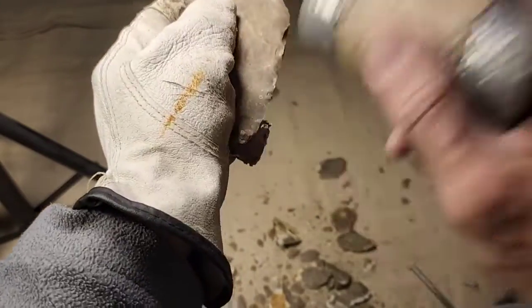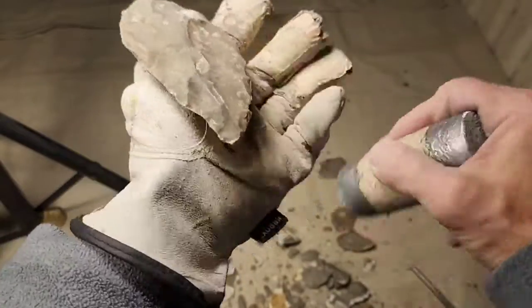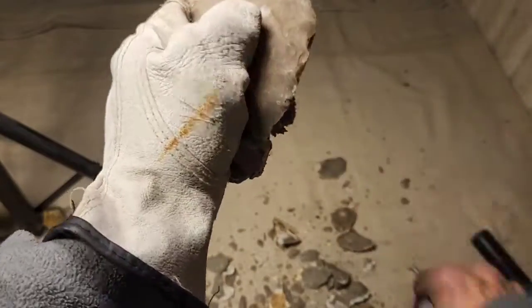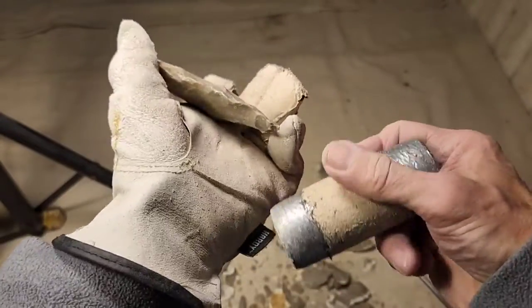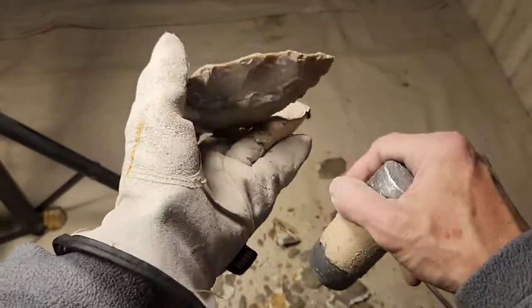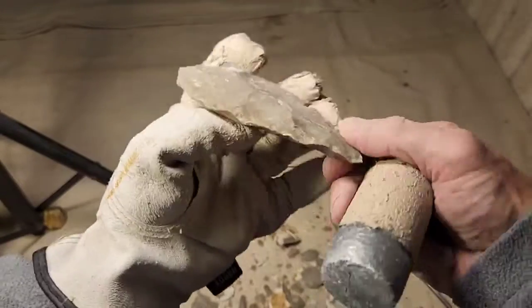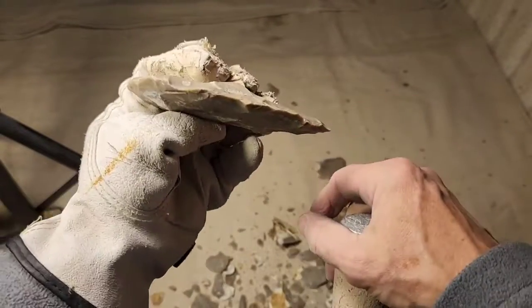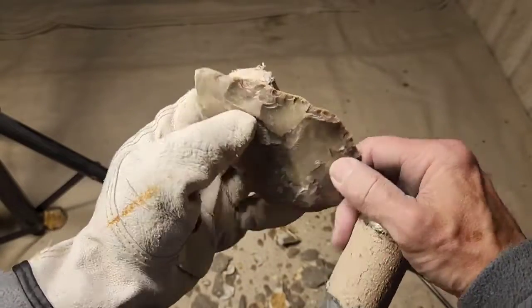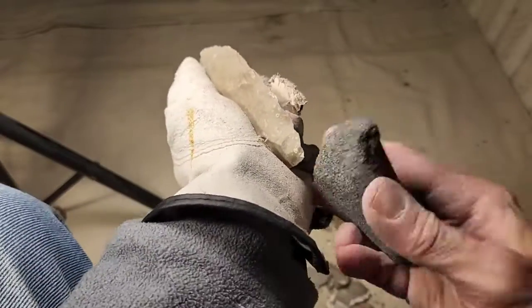Not every flake removal is the way I envisioned it. The goal is to try to remove the most mass with the least amount of flakes. You don't want to be hitting it too much and taking too long. So that's the procedure I'm working with at the moment. I'm going to switch procedures for attacking this one,